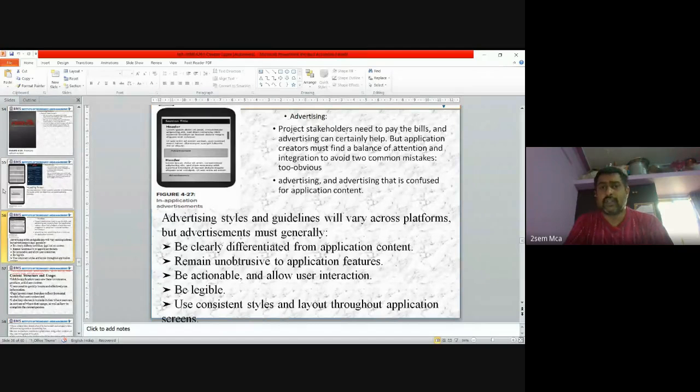You can see project stakeholders need to pay the bills, and advertising can certainly help. But application creators must find a balance of attention and integration to avoid two common mistakes: too obvious advertising,